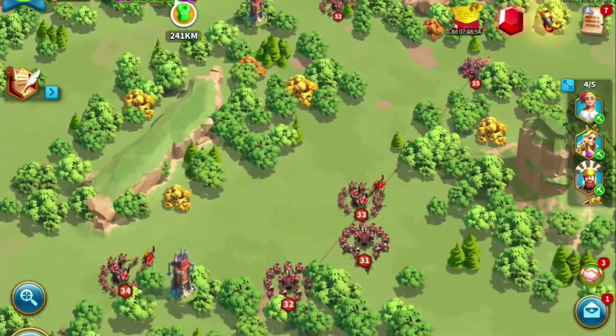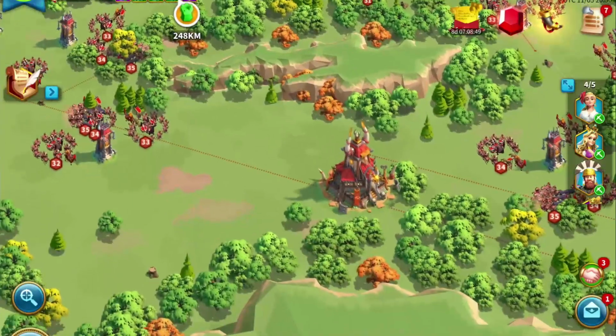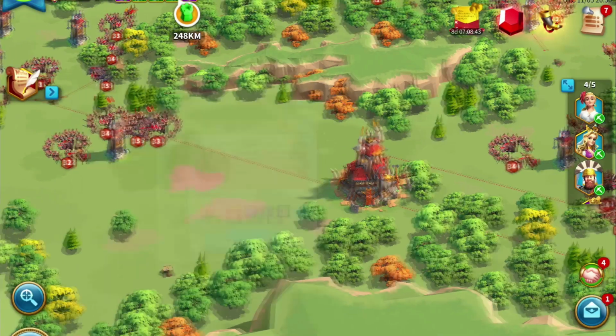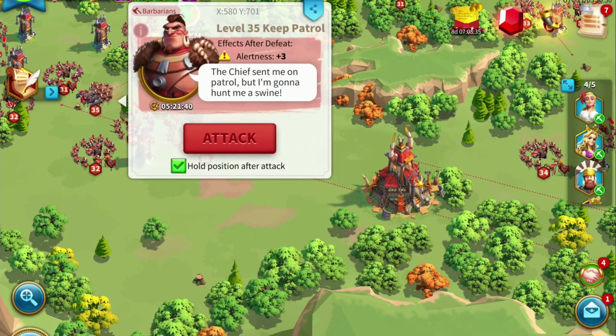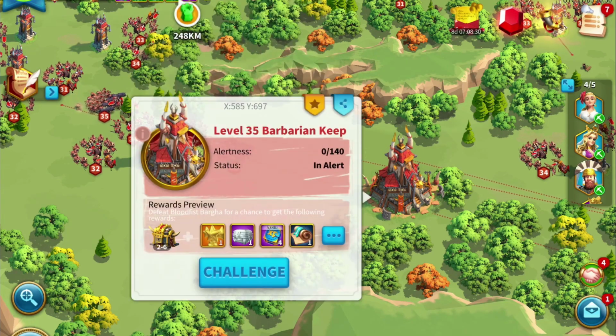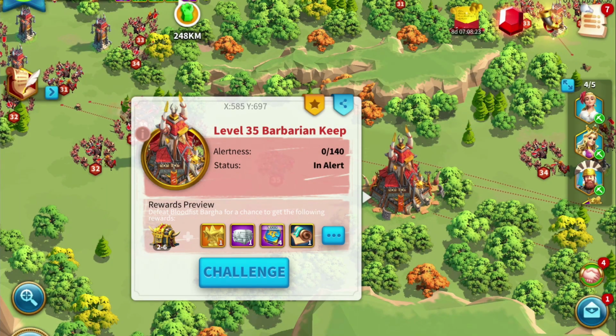As you fight your way through this gauntlet of minions and towers, once you've defeated enough of them, a total of 140 alertness will be accrued. If you want to see the amount of alertness for defeating each of these different monsters and bosses, you can see by tapping on them the amount of alertness that it will reward towards summoning the boss. 140 alertness is what's required for this level 35 Barbarian Keep, and when that is reached, the boss will be